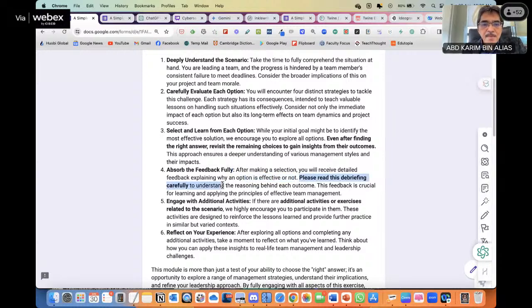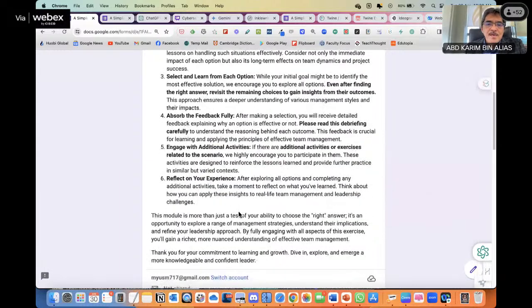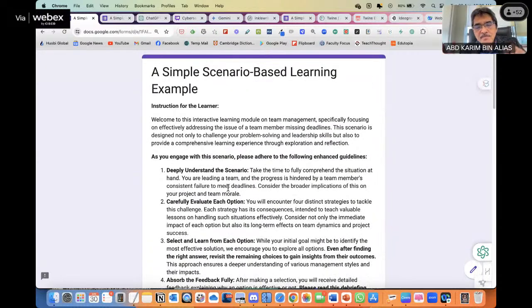Please read this debriefing to understand the reasoning behind each outcome. This feedback is crucial for learning and applying the principles of effective team management. Then engage with additional activities, reflect on your experience. So these are the standard instructions before the students start to go into the scenario. You can copy this and modify it.